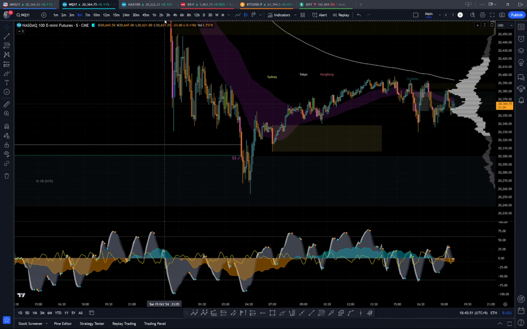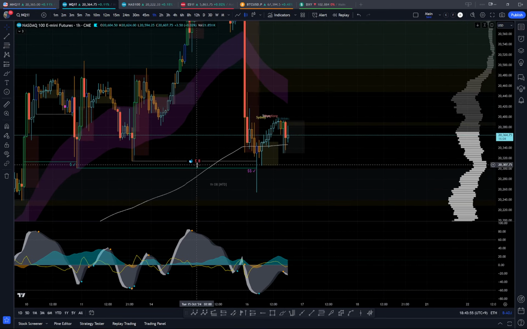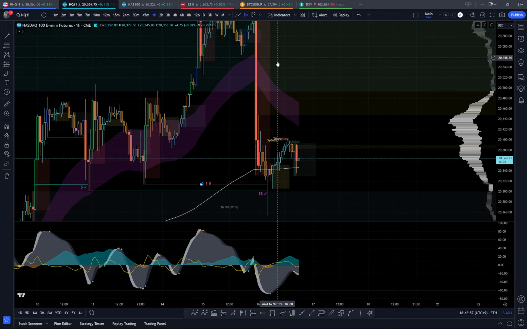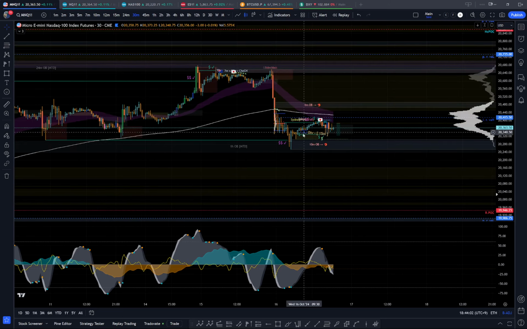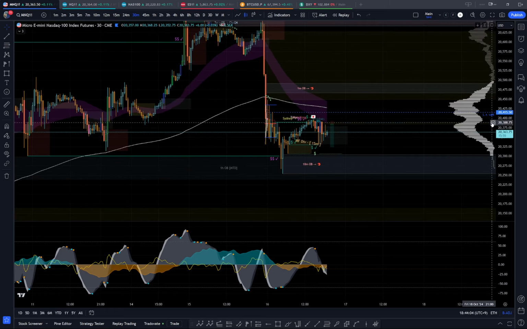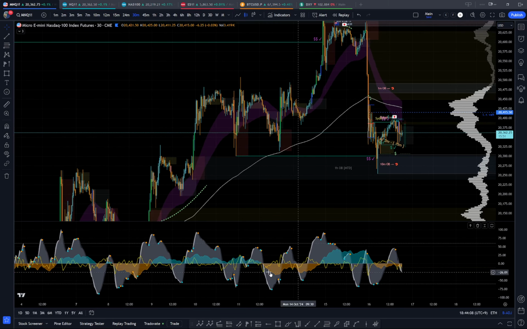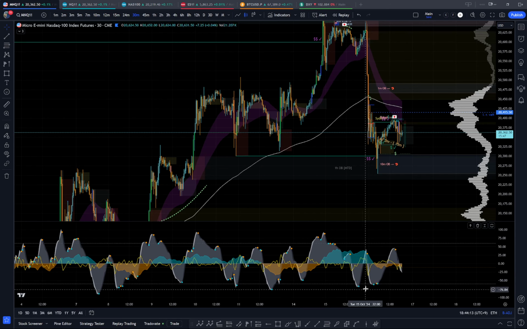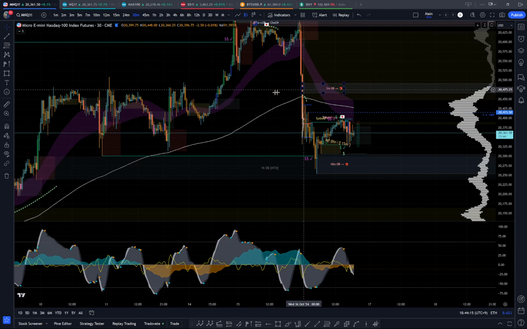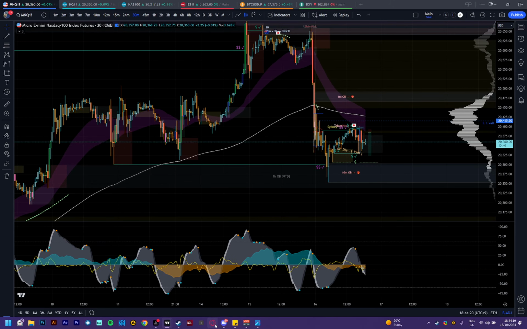Even though it is a change of character, or a break of structure, whatever you want to call it, it's low liquidity, and we have this huge fair value gap that we can come into and create a lower high before we move down, right? Which seems like something they might do, seeing the amount of liquidity that's been taken, how thin money flow is on the half hour and below. The fact that we're getting divs and stuff, they could pull a cheeky move into here maybe for US. Speaking of US, let's look at